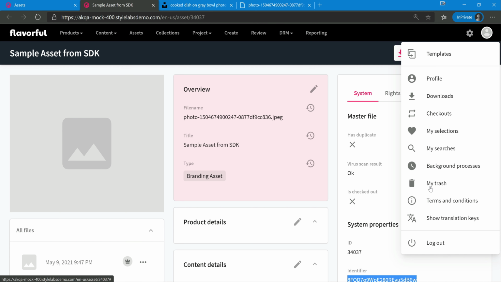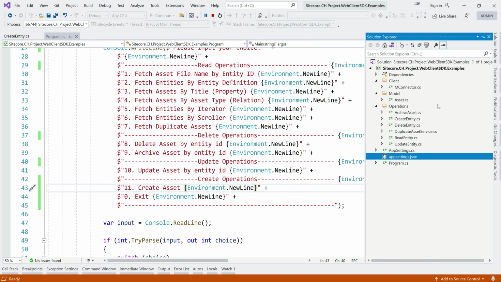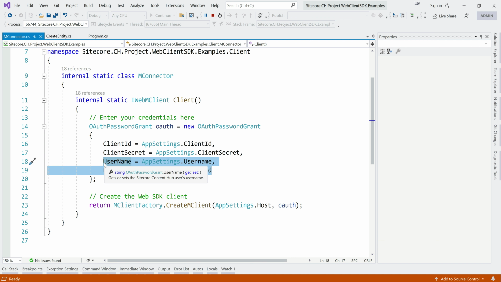For that, we need to go to background process, and remember when we were setting where it will reside. These fetch jobs are background processes, individual user specific. Whichever user has uploaded, for that user those jobs would be visible. In this case, if you remember, we are using client ID and client secret, username and password, right? Using this username and password, if we log in, then we can see the fetch jobs.